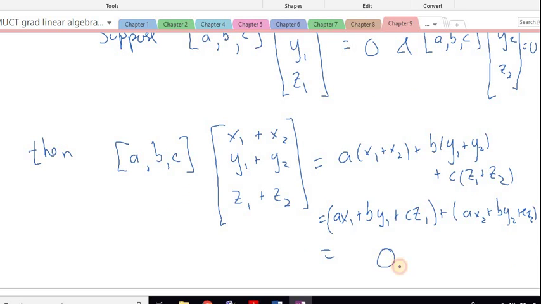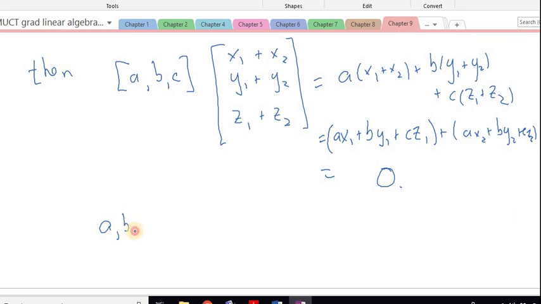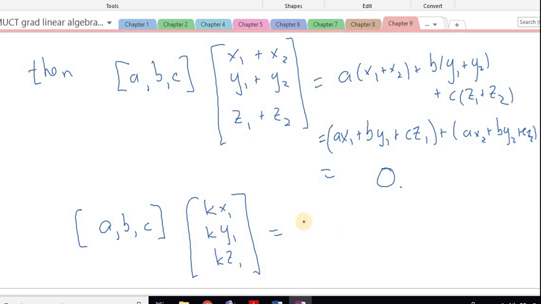All right. So what does this show? This shows that the sum of any two perpendicular vectors is still perpendicular. Right? You could similarly say that if I take ABC and I take that multiplied by some constant times a vector, kx1, ky1, kz1, then I'll get akx1 plus bky1 plus ckz1,